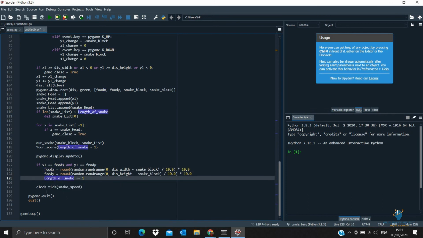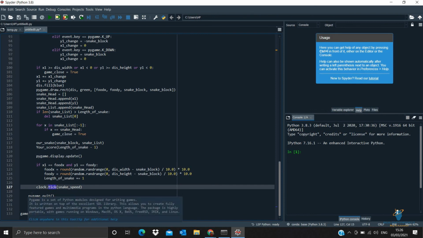And then you can change the speed of your snake with the clock tick, or you can just go up and change the variable. You can increase the speed. So here what we have done with respect to clock, in one tick it should move ahead. And then we have to come out of the loop, we have to come out of this block.